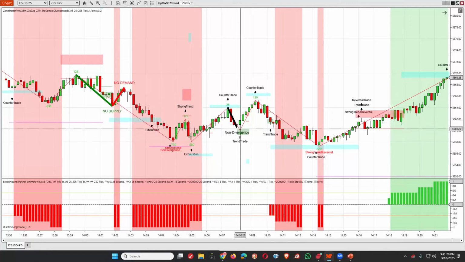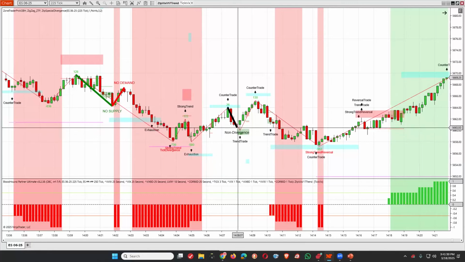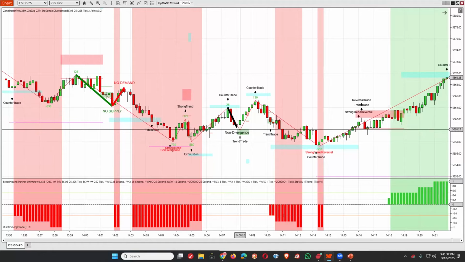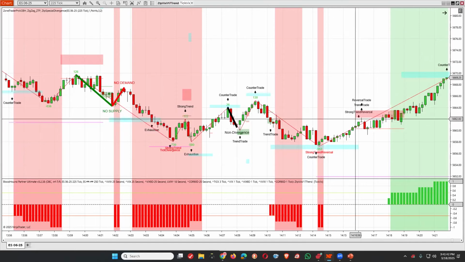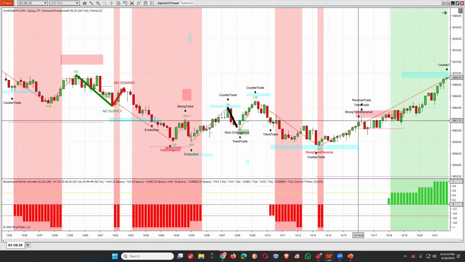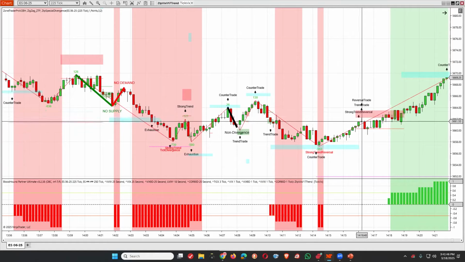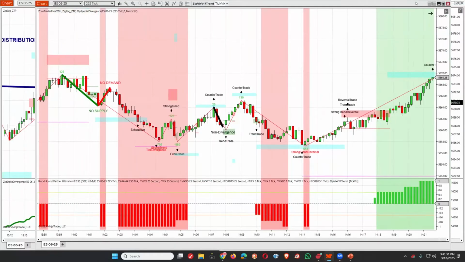For this trend trade right here, it painted right there. It stopped painting right there, but that was only because we touched my intermediate support and went higher. You notice how the arrows stop painting right here for these patterns. Now, the other thing that does